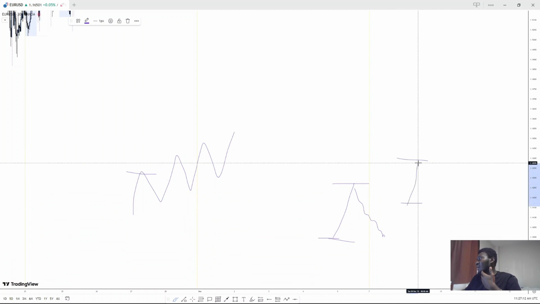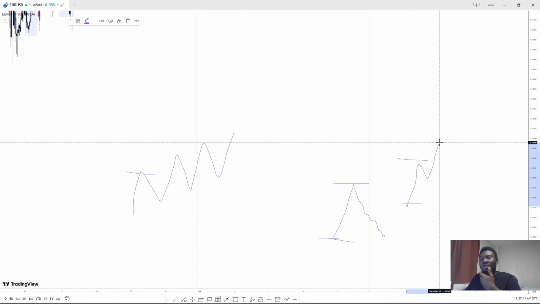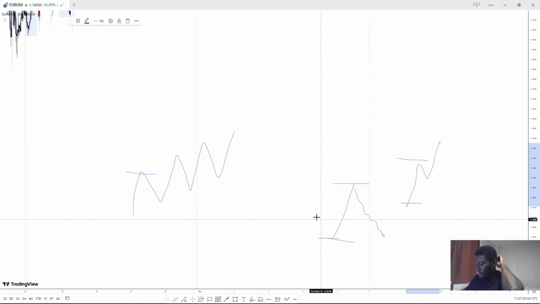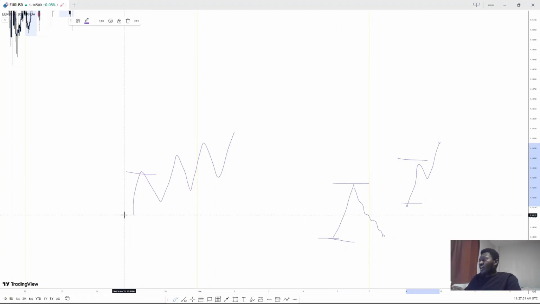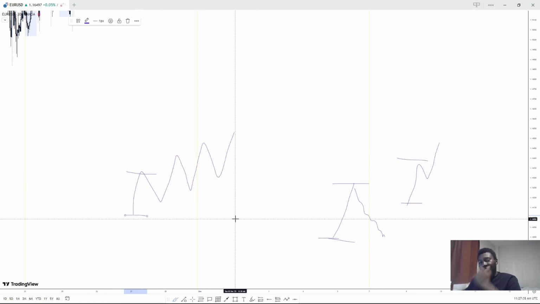Sometimes we will just come halfway and then go away. It means that at that particular time, the suppliers were not able to drive price to its lowest discount price. I think this is the best way I could explain market structure. Now let's continue. However, when price is going up, down, up, down, up, down, up, down,